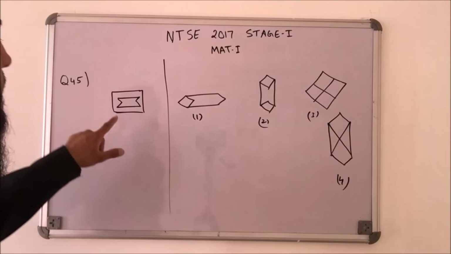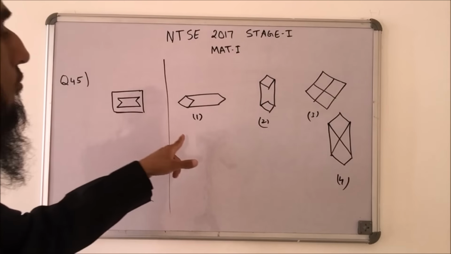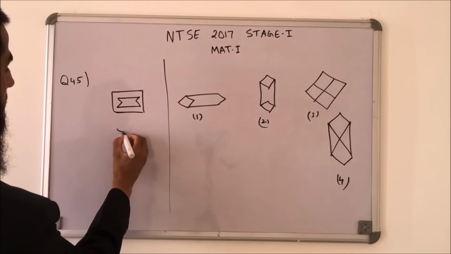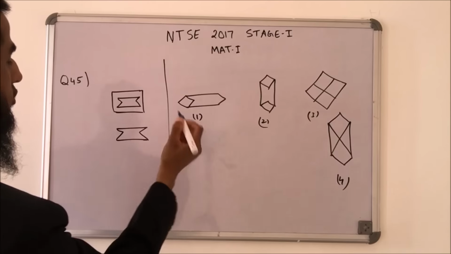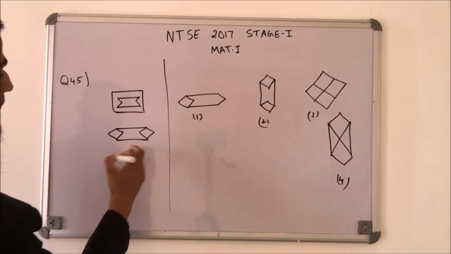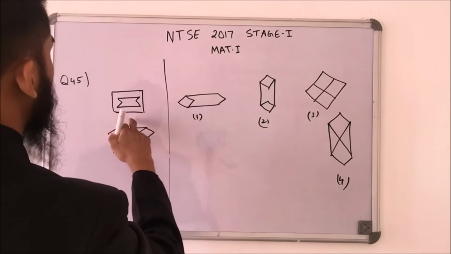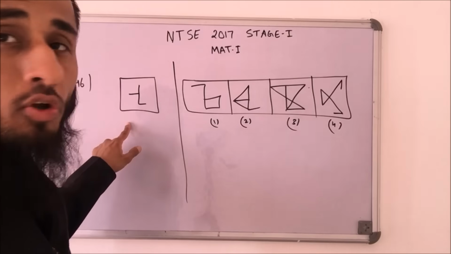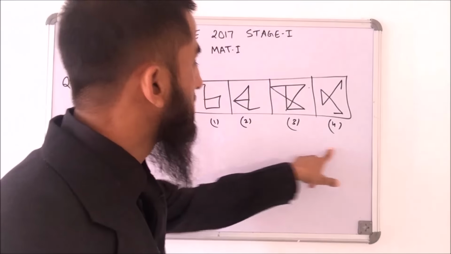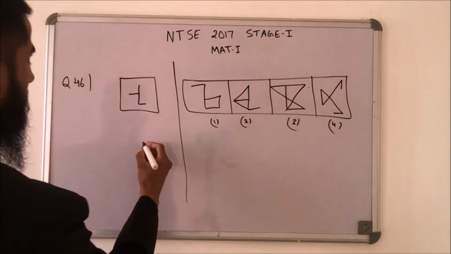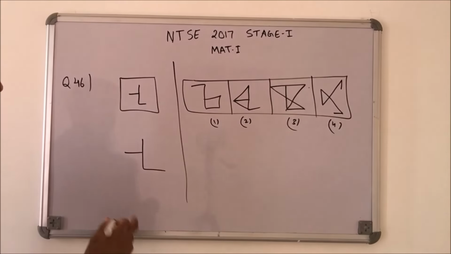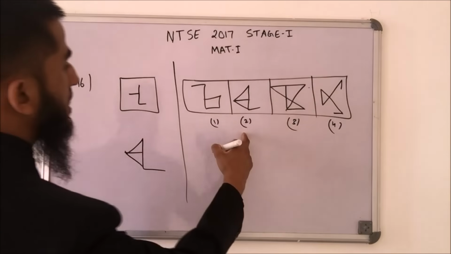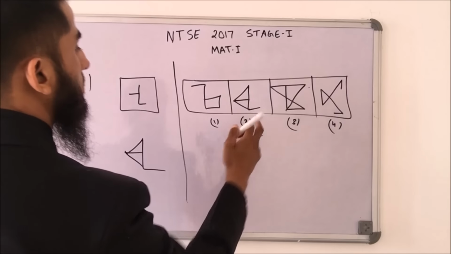In this question, we need to find out which of these figures this figure is embedded in. We can do this by reconstructing. This is the case, and if I try to reconstruct by putting these two lines, I can see that this is same as this. So this is embedded in this figure. Here again we have to find out which of these figures this particular figure is embedded in. If I try to make extra construction and see which of these matches after construction, then if I draw like this two, this is same as this. So this one is embedded in this particular figure.